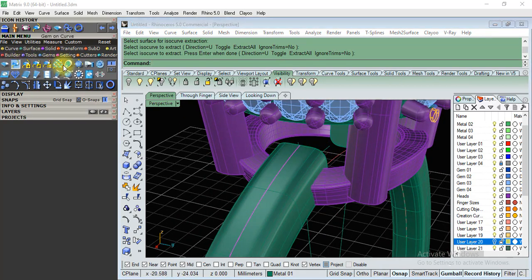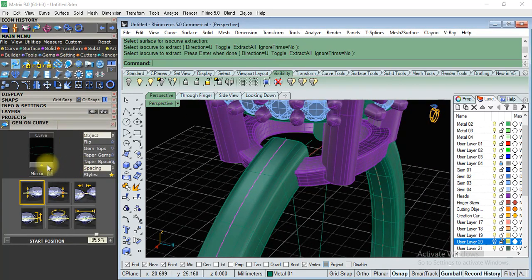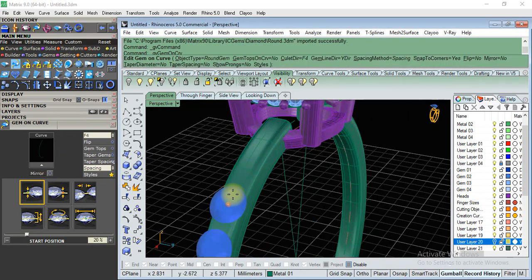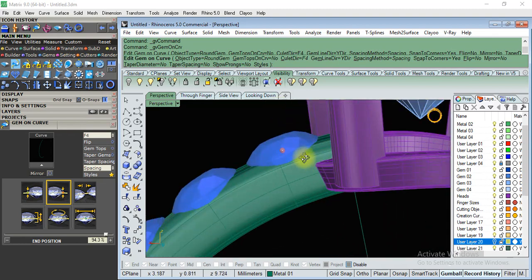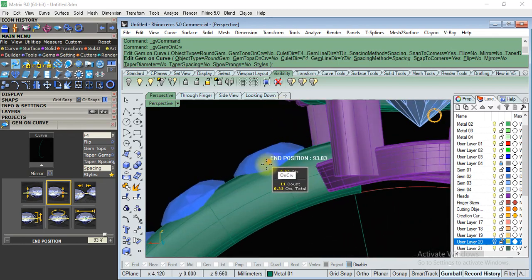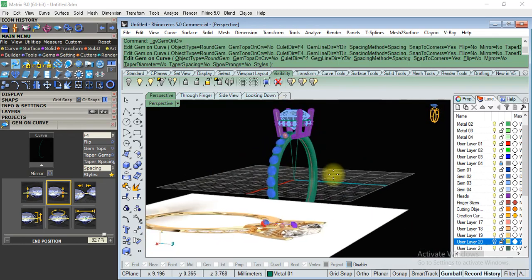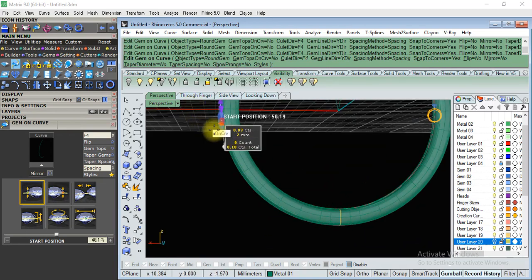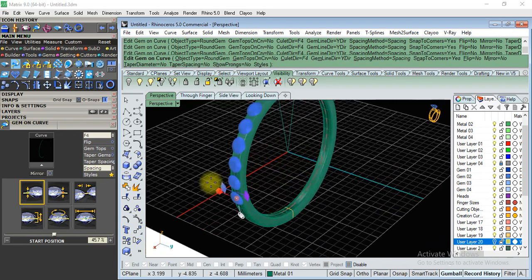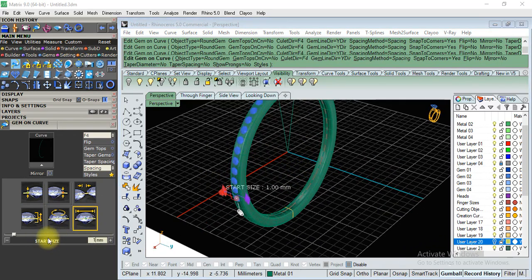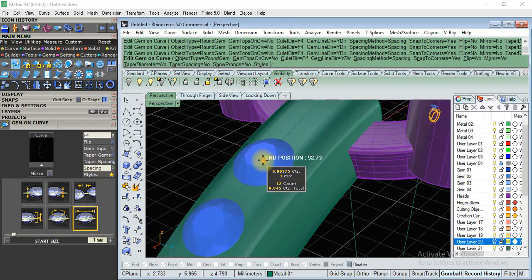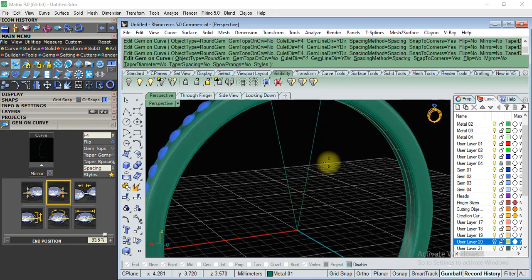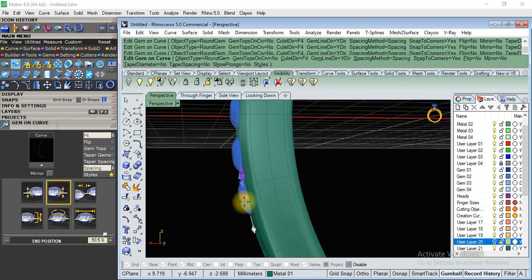So select gems on curve, select this curve and bring start point here. Okay, it should not intersect with the inside collet, so keep it a little bit on the outer side. Okay, now it should be up to this level. Okay, change dimension to 1 mm. Okay, now we have the changing theory, how to change diamond,